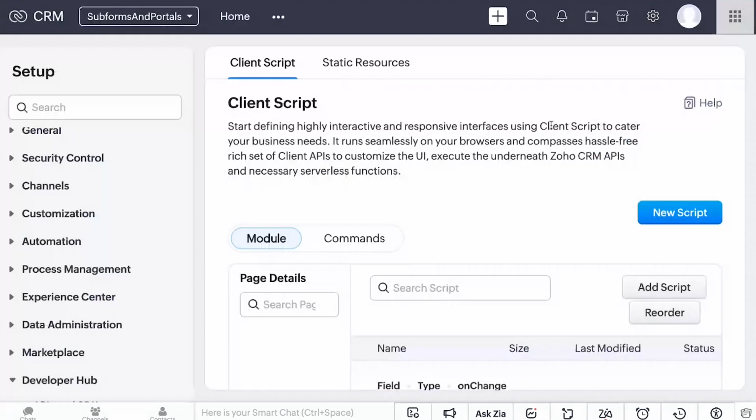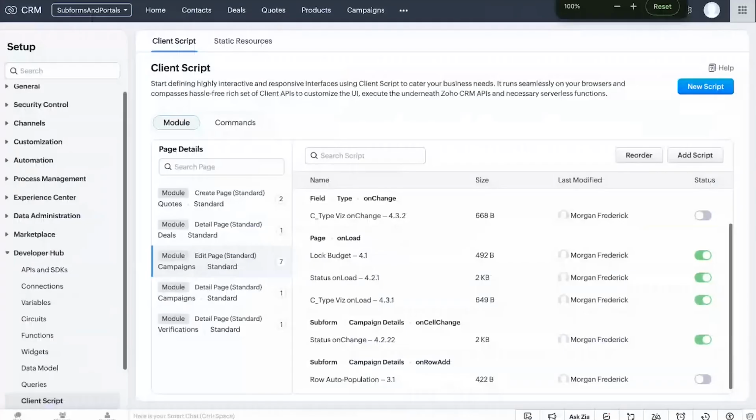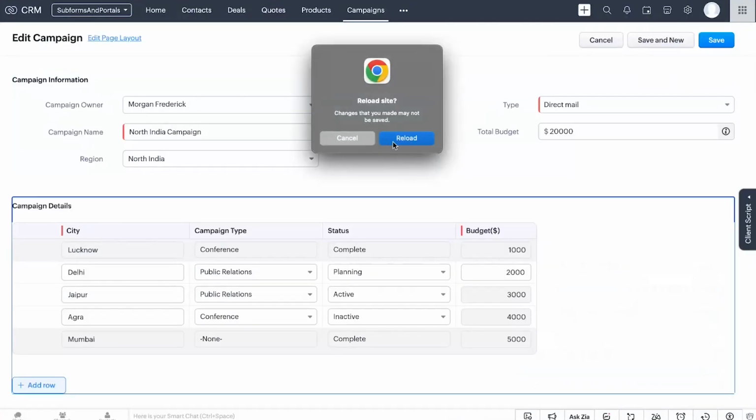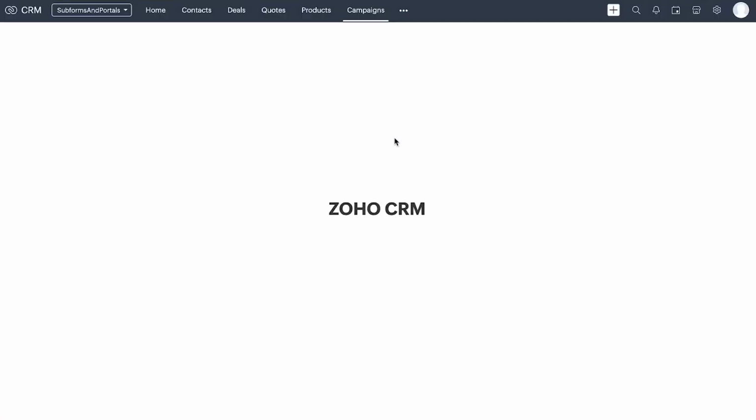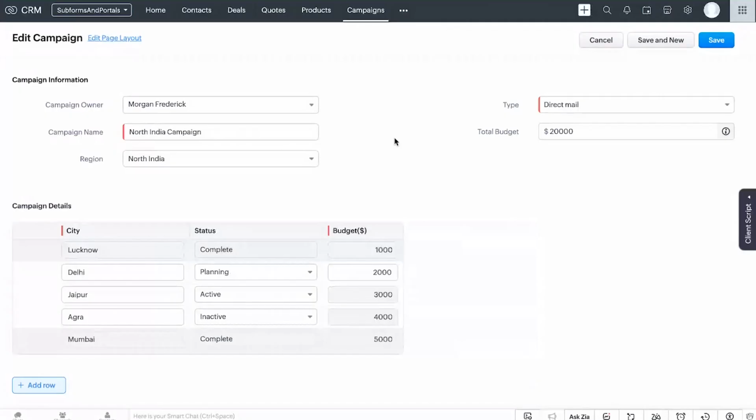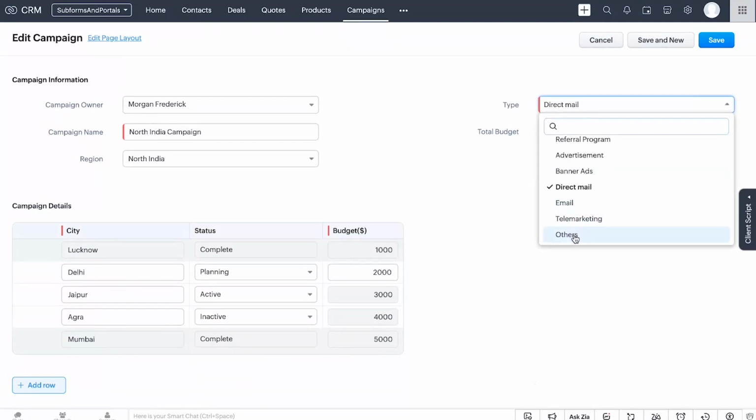So this works when the page is loaded. So I'll just reload the page, right? So something specific is set. So it doesn't make sense to show the type of campaign for each sub campaign. So if I change this to others,